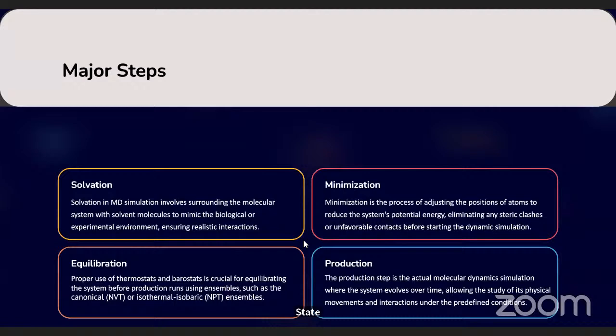We can set the system to be at a particular temperature or a particular pressure, and that temperature and pressure will be there for the complete simulation run. Then finally we have the production run, which is the actual MD simulation run, in which the system